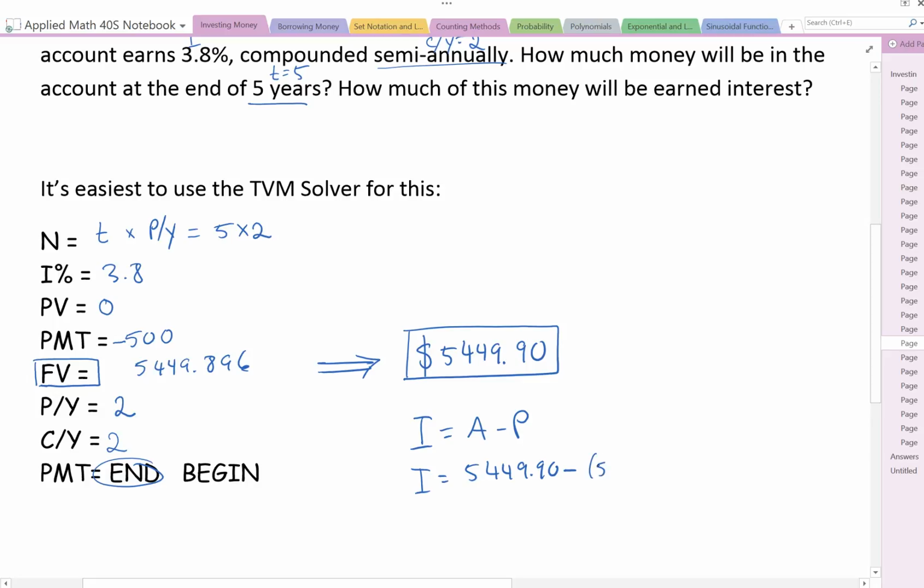So this would be 500 twice a year for 10 years. So make sure that you're putting all of those values in, and in that case, we're actually depositing $5,000 as our principal, meaning our interest would be